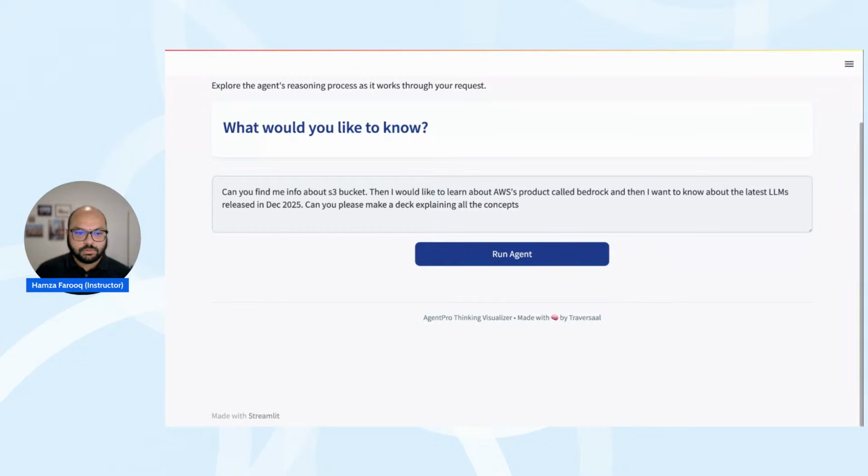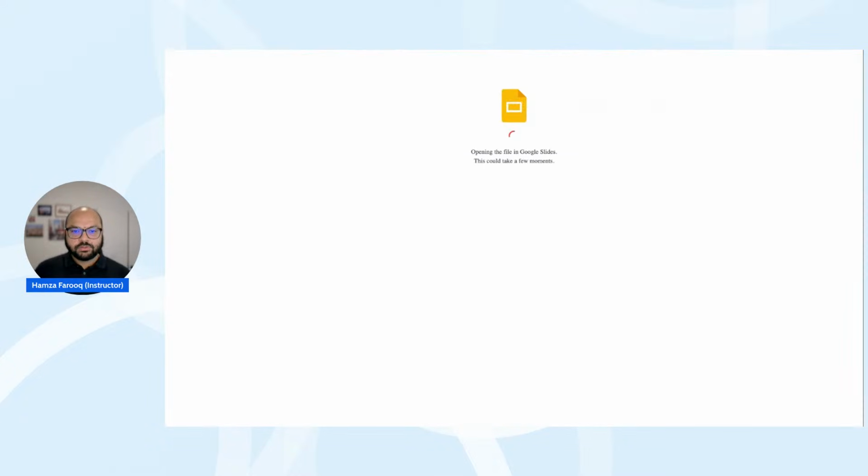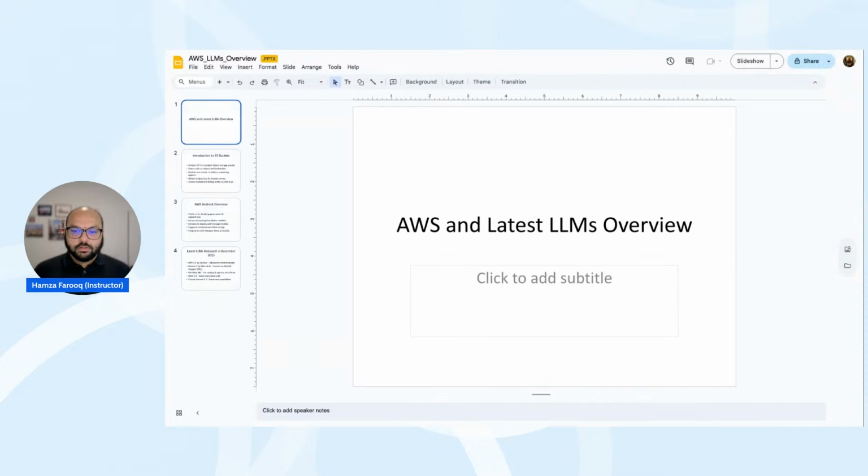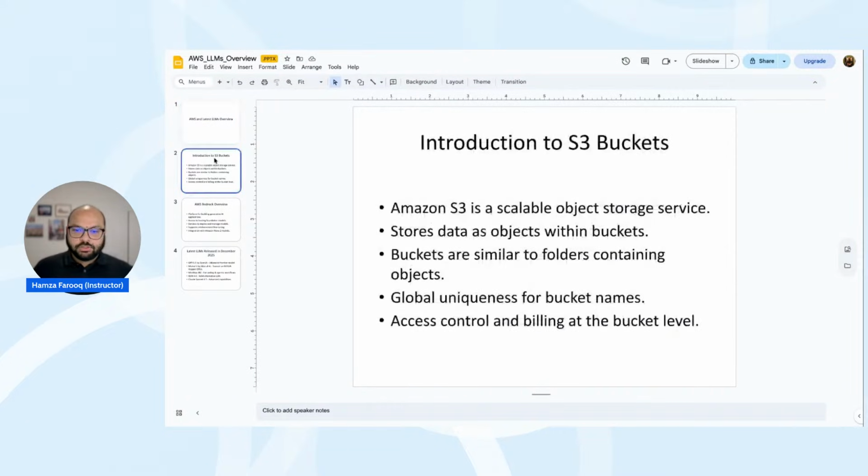So let's upload the file that it generated. Okay, so this is the file opening for you all. So AWS and latest LLM overviews. So it's a very simple slide deck. It's nothing fancy.